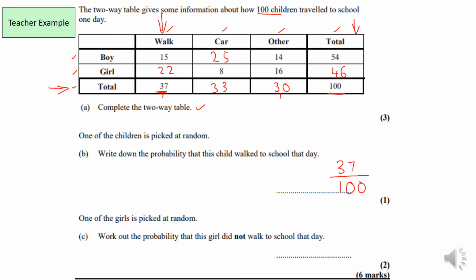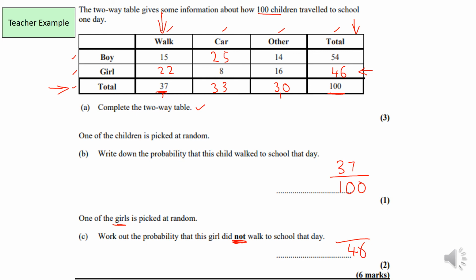Question C, which is slightly more difficult. It says here one of the girls is picked at random, so I'm just going to underline the word girls up there. Work out the probability that this girl did not walk to school that day. So again, I'm just going to underline the keyword, did not walk to school. Now what we need to do is see how many girls there are in total. So on the girls section up there, we know there's going to be 46 girls, so it's going to be out of